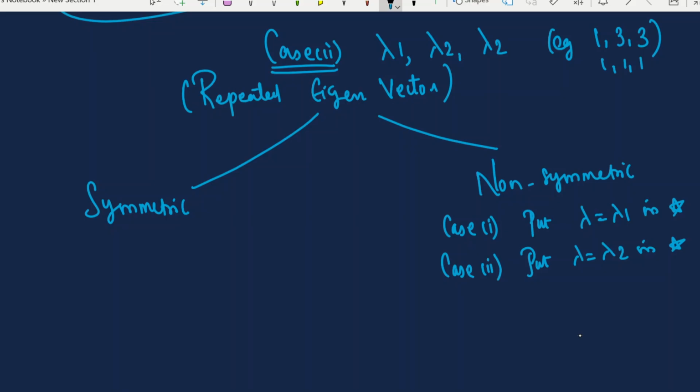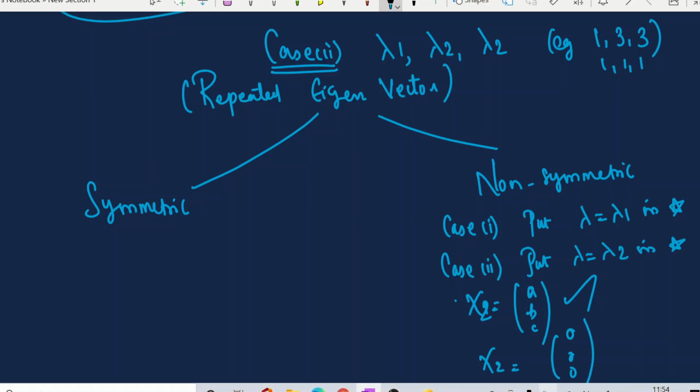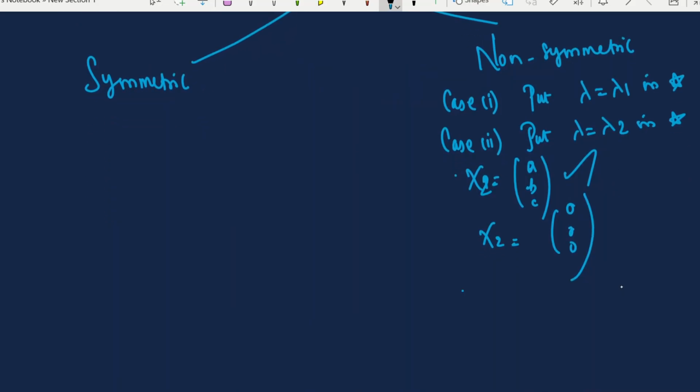So if you are getting a non-zero eigenvector, for example your eigenvector is some a, b, c, that is not a problem. Here we get the first eigenvector, now the second eigenvector. Suppose your second eigenvector is 0 0 0, in that case we have to take either x1 equals 0 or x2 equals 0 or x3 equals 0. The choice is yours. This is for case 2, if all of your eigenvector values are 0.